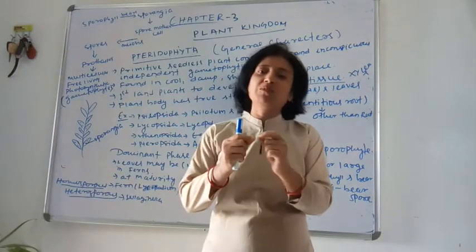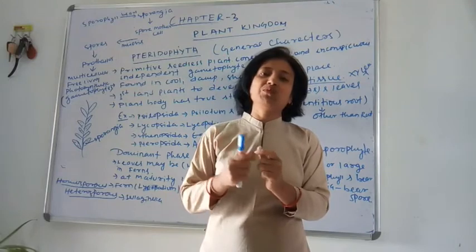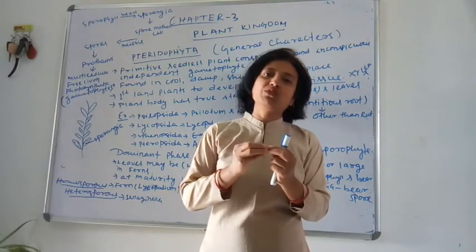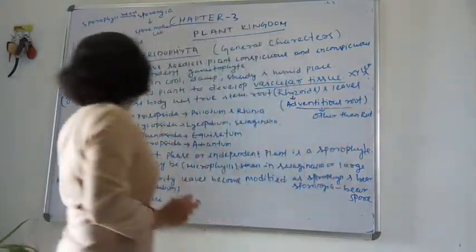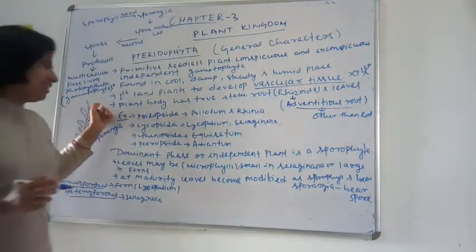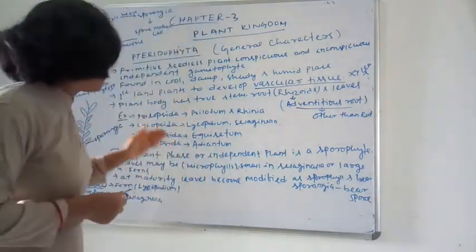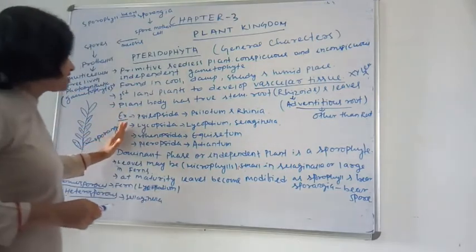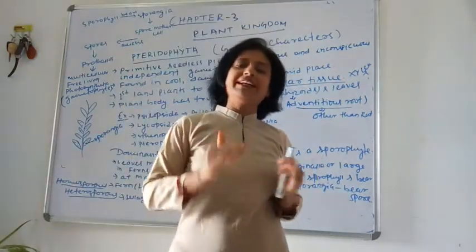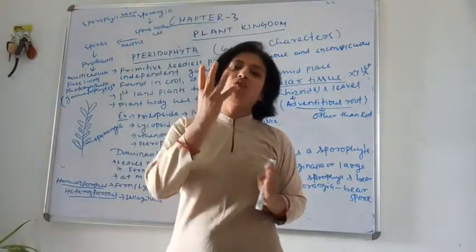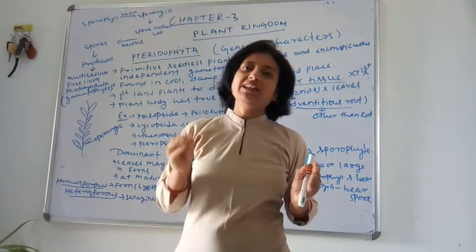For example, in a banana tree you can see some roots, and in sugarcane you can see roots arising from the stem. Those are called adventitious roots. Next general character is that they are used as food by many organisms also. Before I give you examples, I want to tell you that Pteridophyta has 4 different classes based on their structure and plant body.